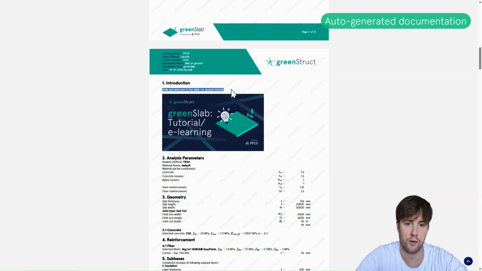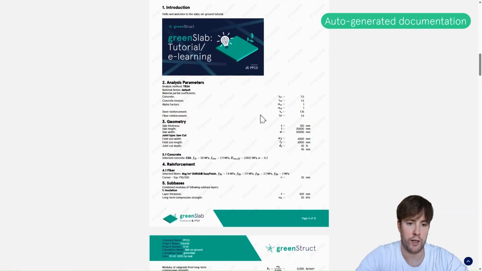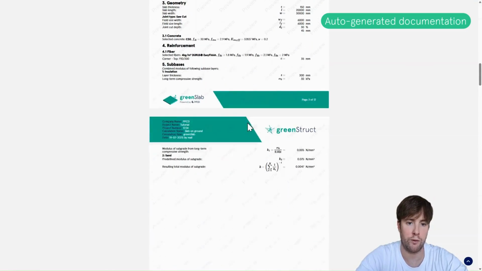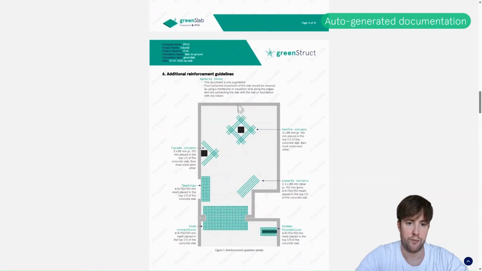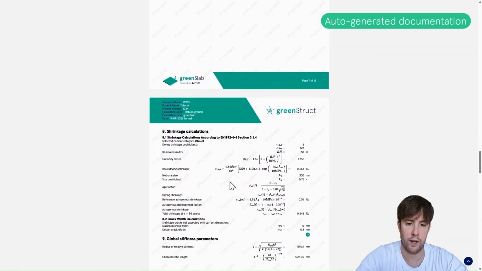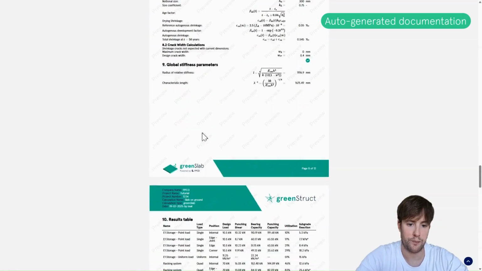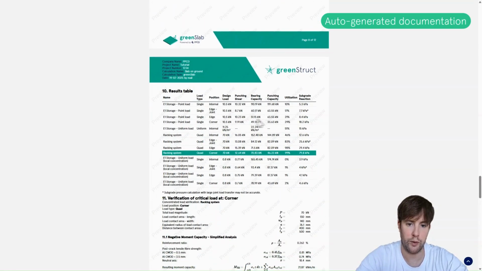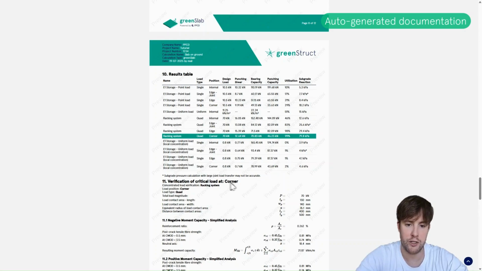Hello and welcome to the Slabs on Ground tutorial, with this little image that I put in. And then it will go through analysis parameters, geometry, reinforcement, sub-bases. This is something that you can also exclude or include in the documentation. These are some additional reinforcement guidelines. We will have the plan view, the cross-section diagrams, shrinkage calculations, the results table showing all the utilization ratios of all the loads. But then, as mentioned, it will show detailed